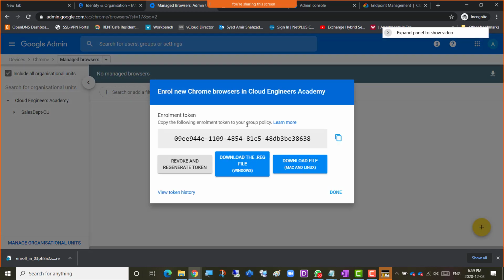So copy the following enrollment token to your group policy, right? Download the reg file. So, oh yeah, I didn't click that. I hope it's not separate. I didn't copy this, right? This one. And then the registry file. It has actually let us download a registry file here, and I didn't copy this whole thing. Now I have to copy this. I think it generated again when I clicked the plus sign. Obviously it will. So I'm going to click the plus sign here and go for my